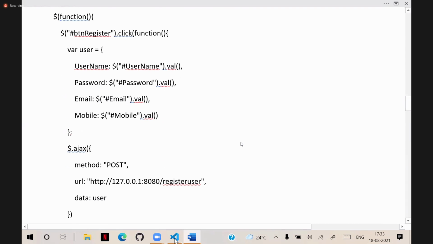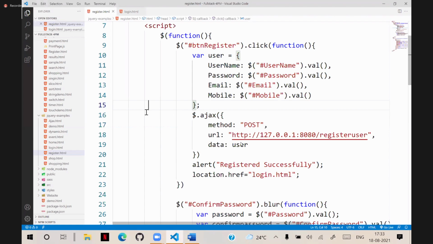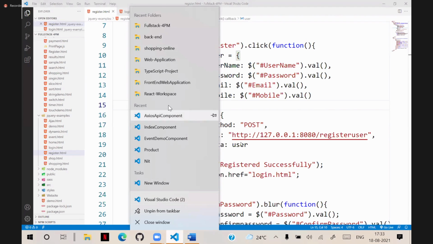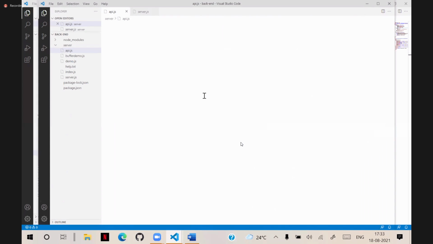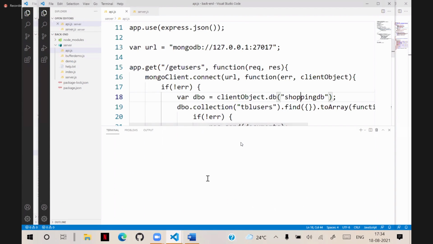So we will use this. Let's take the API here, start the API backend application. So start the API here. So node API.js.